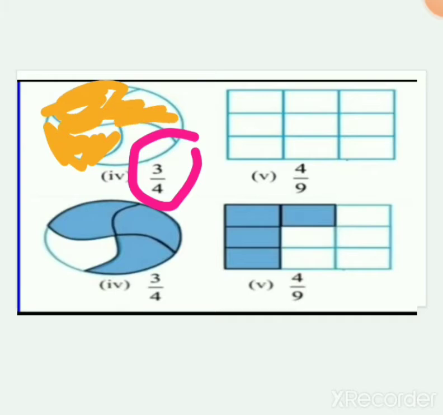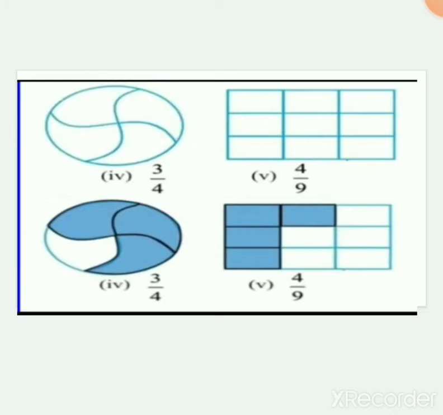And the third part is this one. Okay, I am taking these 3 parts, so it has become 3/4. Now moving to this 4 by 9, it means 9 blocks are here, 3, 3, 3, 9, and you have to shade only 4. So they have taken this 3 and 1 this one, so it is 4 by 9.